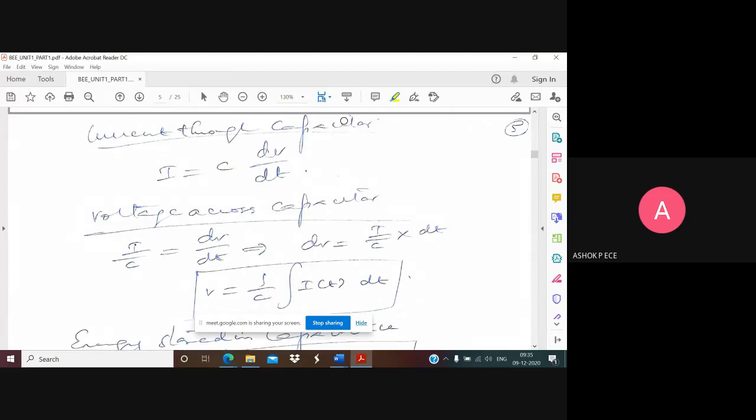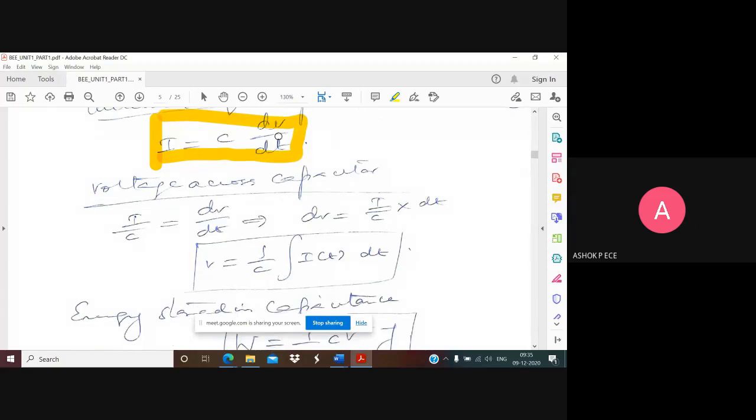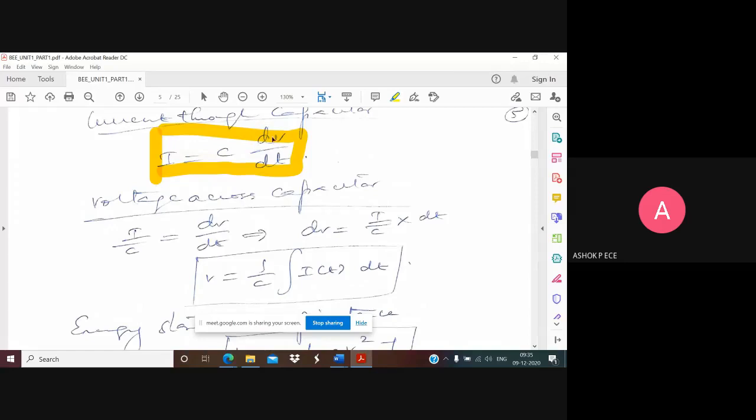Current through a capacitor is I is equal to C into dV by dt. So remember these formulas. We need not go in depth on how these formulas are obtained. So you are going to use it. I is equal to C into dV by dt, because change in current is dependent on the change in voltage. Okay, when you give a DC voltage to a capacitor, in DC the voltage is constant. What is differentiation of a constant? Zero. So what will be the current?